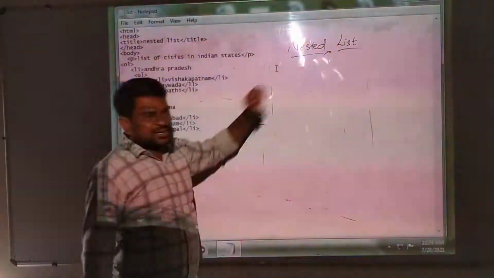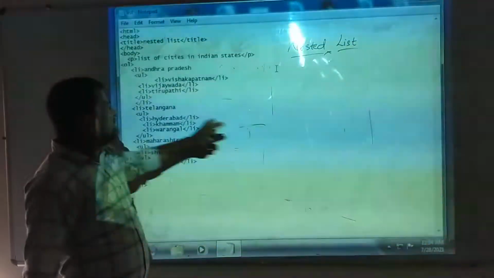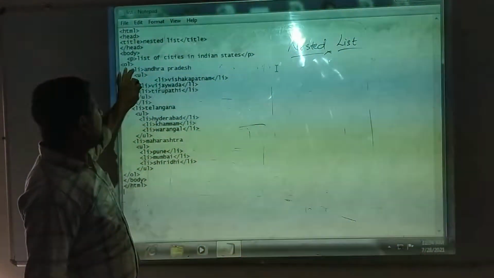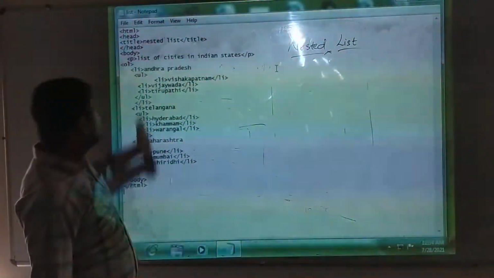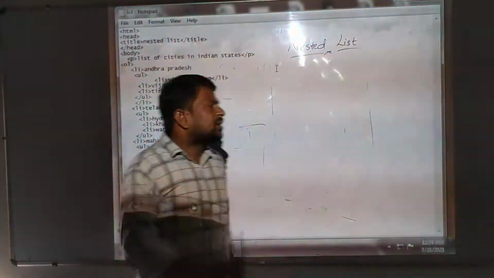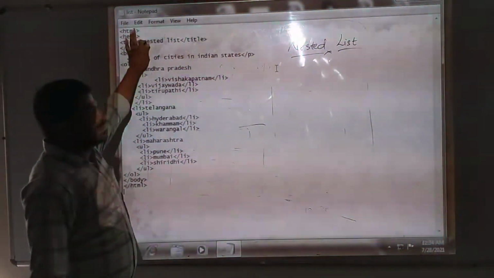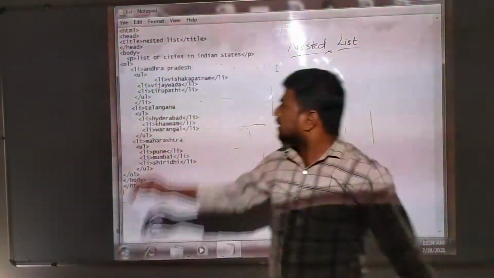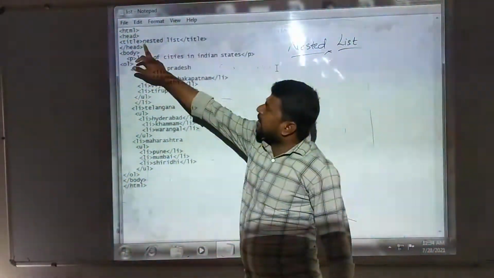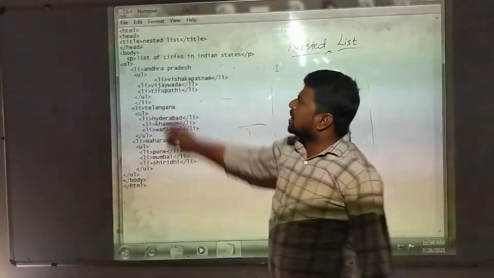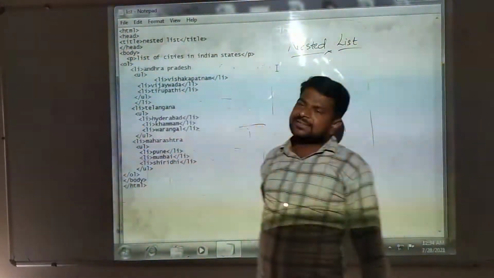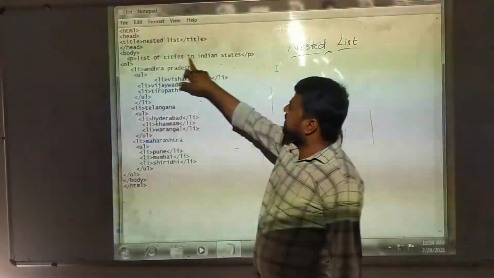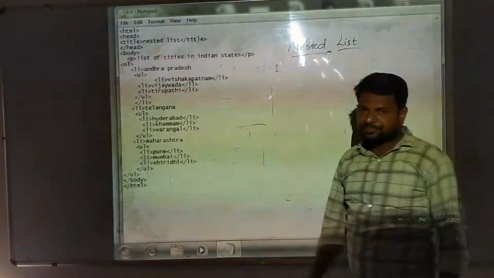In nested list, we are covering ordered list and unordered list. Up to here is the basic structure: HTML, head. In title I have given nested list. Head close. In the body section I have written an ordered list of cities in the Indian states.